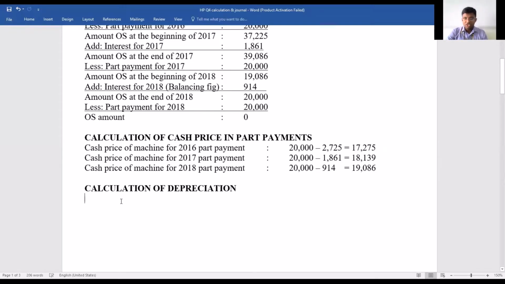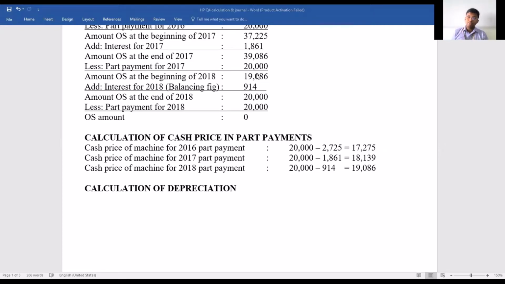The final calculation that we have to do is to calculate the depreciation. Now, there are two primary techniques which are used for depreciation computation. One is the reducing balance method, or what is called the written down value method, and the other is the straight line method. The written down value method I will be discussing a little later, maybe in the next numerical. But for now, we will be talking about the straight line method.